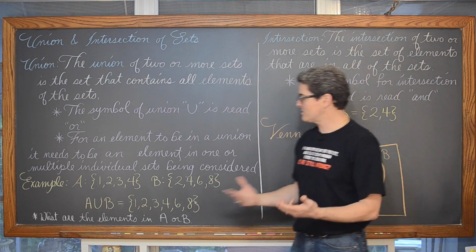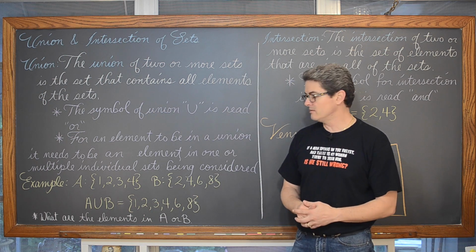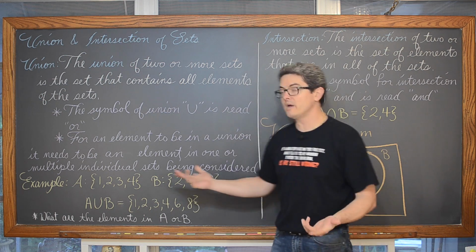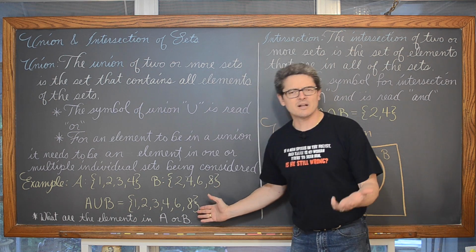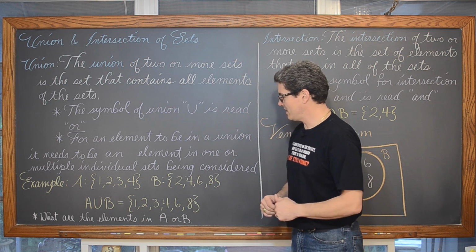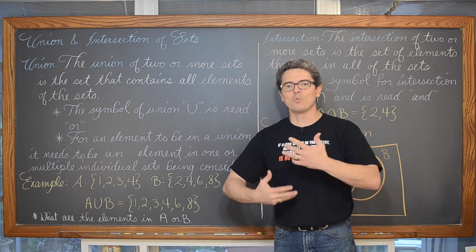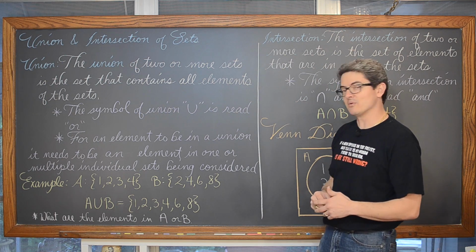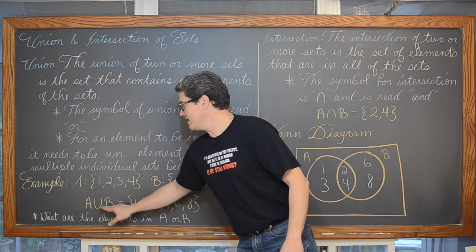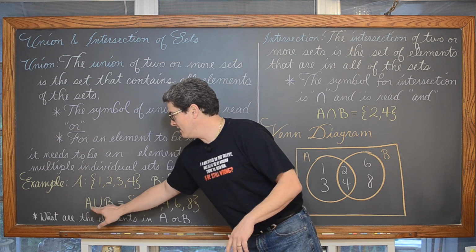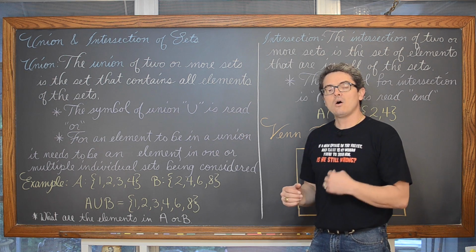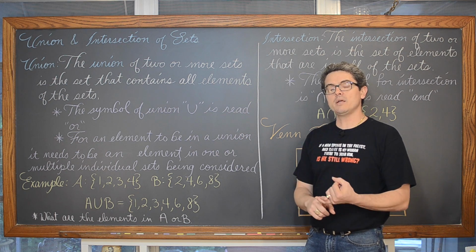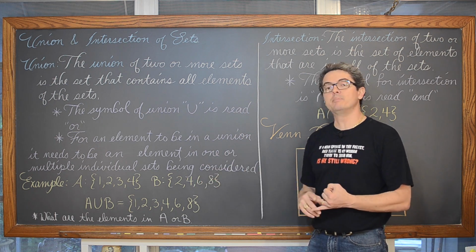Now, if I wanted to look at the answer of what is in A or B, I'm pausing because I'm thinking, well, why did I write the answers already in this problem? But we'll actually work through some examples here in the next screen. So what elements are in A or B? I want you to list all of the elements that are in one of, or in this case, both of the sets.